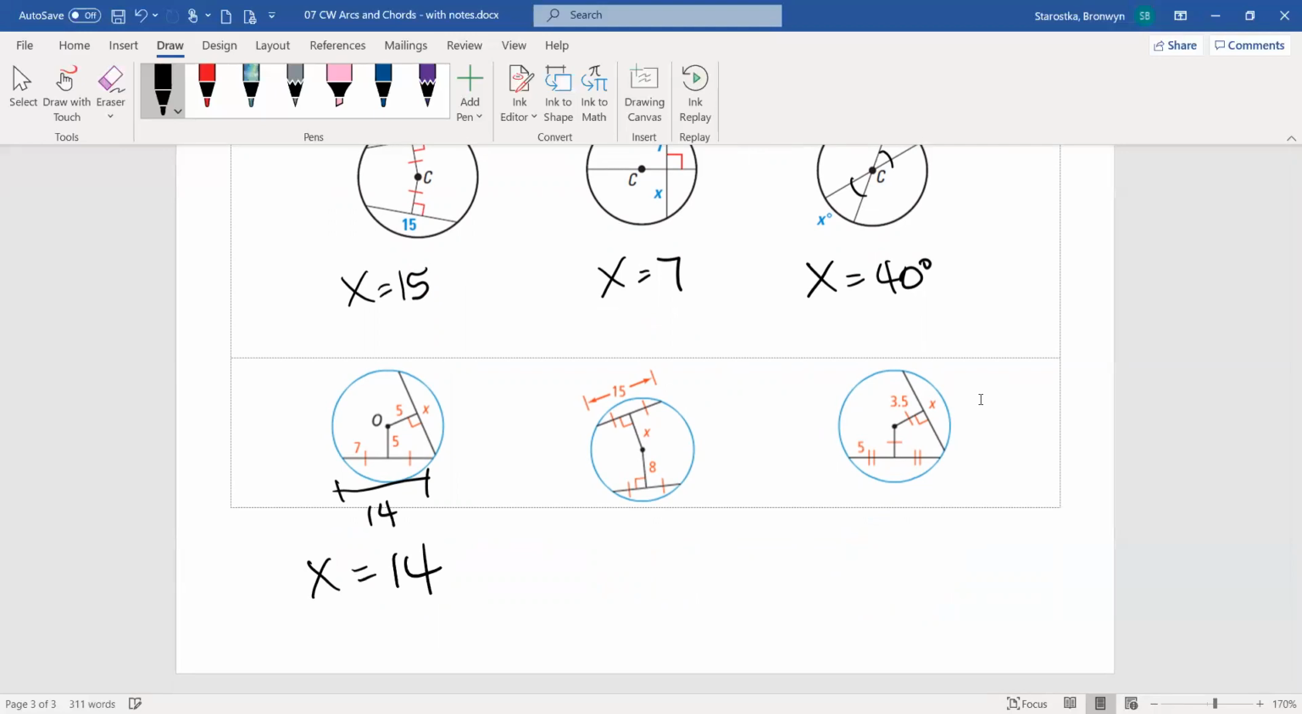And if the chords are the same, the distance from the radius must be the same, which means x must equal 8. And x must equal